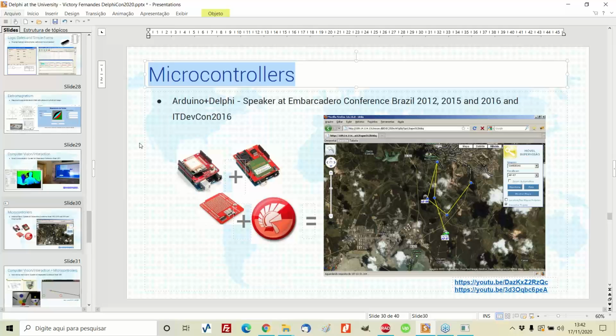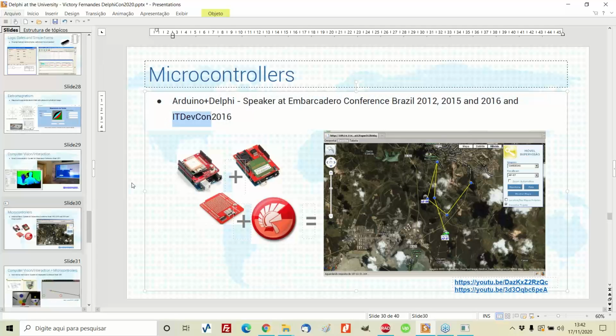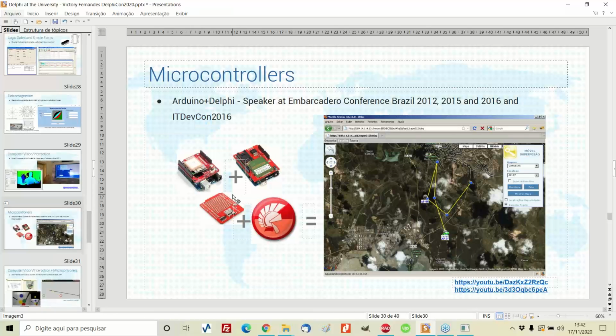And I said, look, the focus must be integration. So of course I had to handle some other technologies. And nowadays it's so clear and so nice to see that this is actually going everywhere in the world. And actually in 2016, I was invited to ITDevCon to demonstrate this very same presentation, lighting up a lamp, and it was a fantastic experience.